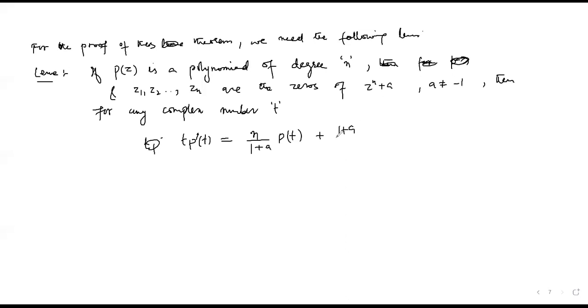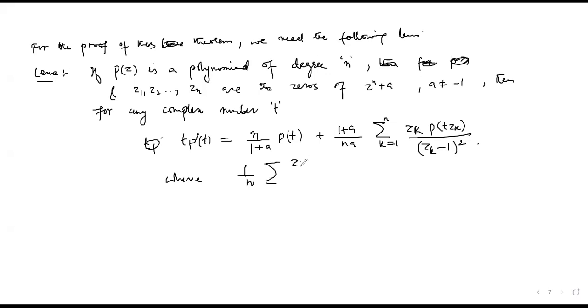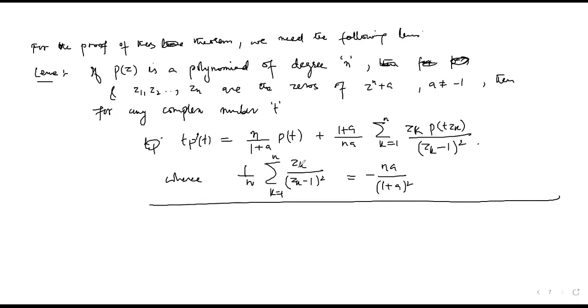t into p dash t is equal to n divided by 1 plus a, p of t, plus (1 plus a) divided by na, summation k runs from 1 to n, zk, ये हम बहुत बार कर चुके हैं, p of t into zk divided by (zk minus 1) का square, where of course ये important है कि 1 by n, summation k runs from 1 to n of zk divided by (zk minus 1) squared is equal to minus na divided by (1 plus a) का square. मतलब this is the lemma. ये हम इससे पहले कर चुके हैं, लेकिन exam में तुम्हें ये लिखना पड़ेगा, किया है हमने इससे पहले इसको कई बार।